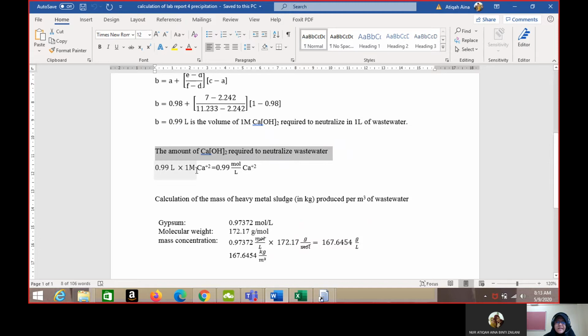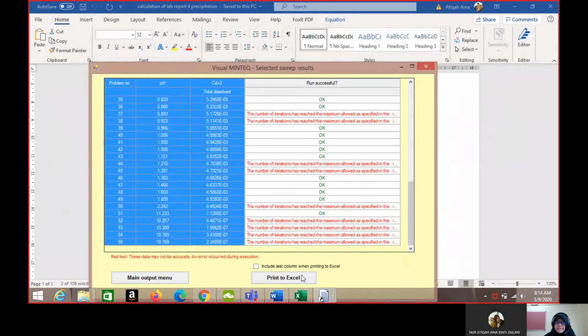We must multiply it with the 1 molar calcium hydroxide. So 1 molar of calcium hydroxide times 0.99 liter, we obtain 0.99 mole of calcium hydroxide. When we know the exact amount of calcium hydroxide required to neutralize the wastewater, we go to the Visual Minteq